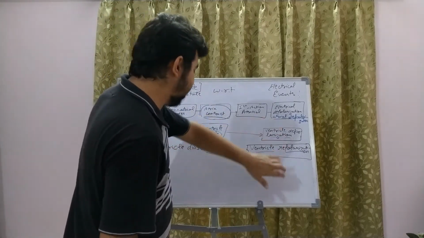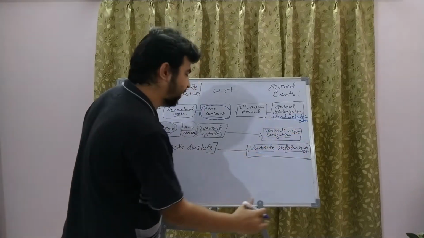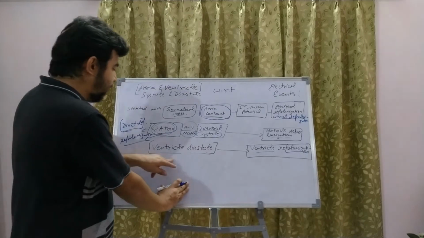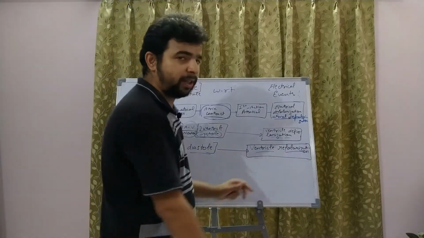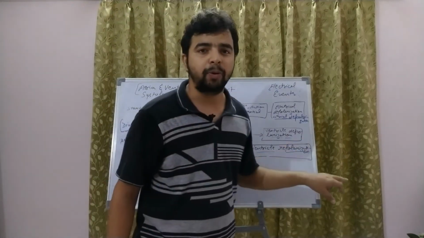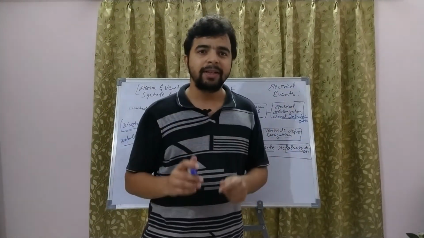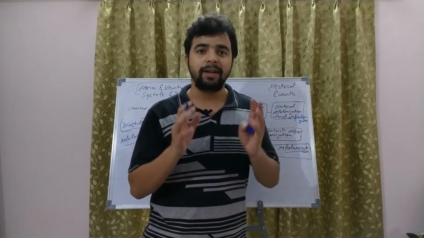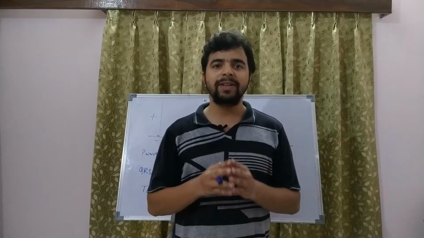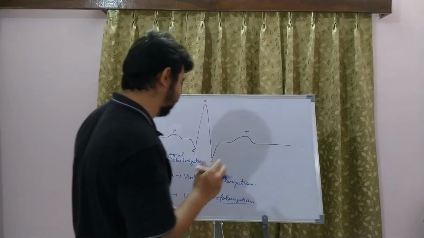Now the next condition is that when blood flows out from this ventricle, the ventricle will undergo relaxation, and when the ventricles relax, at this time the ventricles are getting repolarized. So we will understand everything with the help of a graph. Now we will see how it appears on the electrocardiogram. We will see the graphical representation of standard heart activity or the cardiac cycle.